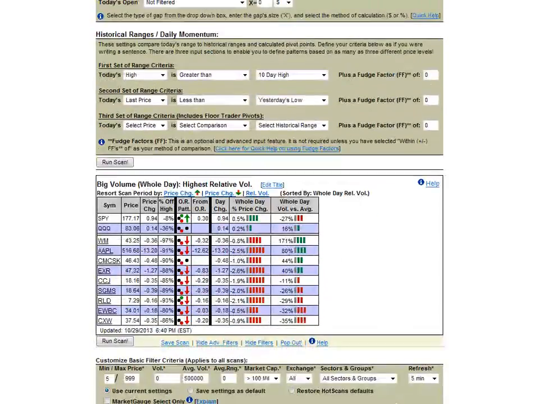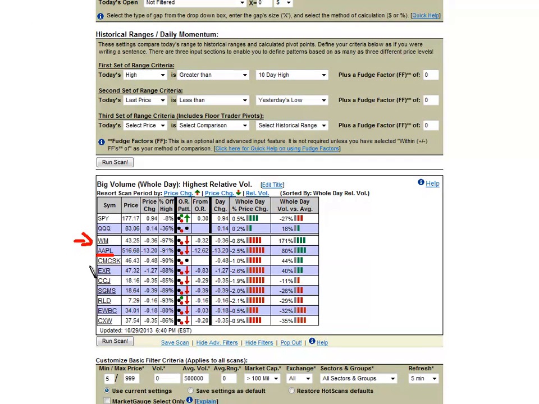I'm going to jump down to the results. And while I'm not going to go through the individual stocks, you might want to check out Waste Management here. That had a very similar pattern to Apple in the sense that it had a huge day, range-wise, and closed below yesterday's low at a major high. You can see Apple showing up there. But keep in mind, I didn't scan and find Apple. I knew Apple had earnings because I was watching it.